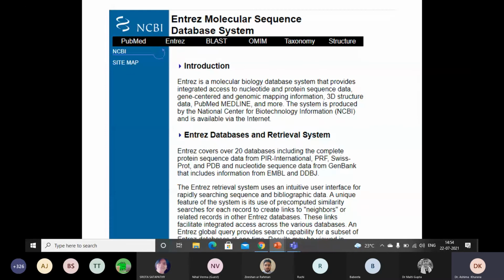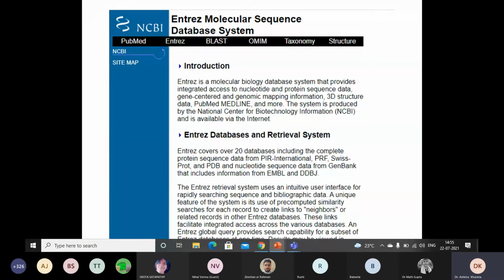This is the page which shows Entrez. It's a molecular biology database system that provides integrated access to nucleotide and protein sequence data, gene-centered and genomic mapping information, 3D structure data, PubMed, Medline, and many more.